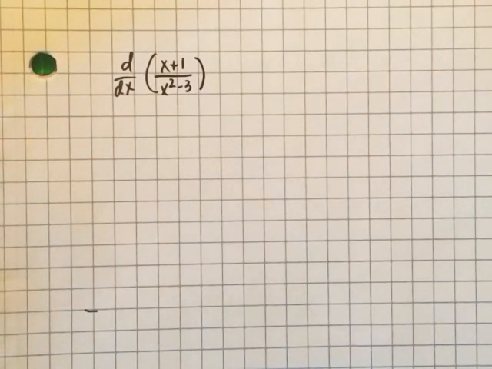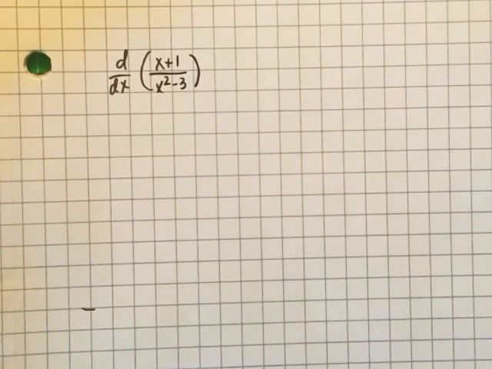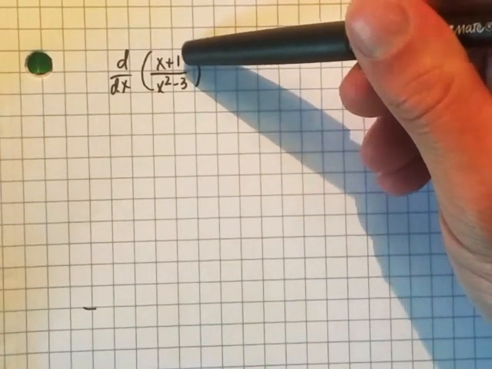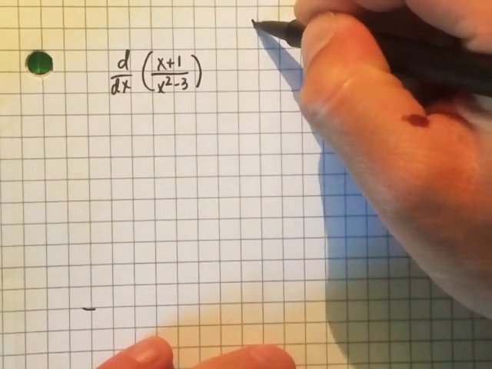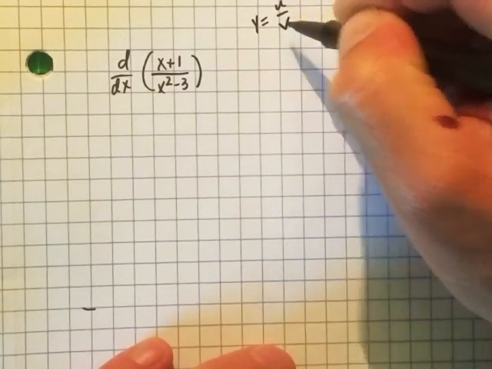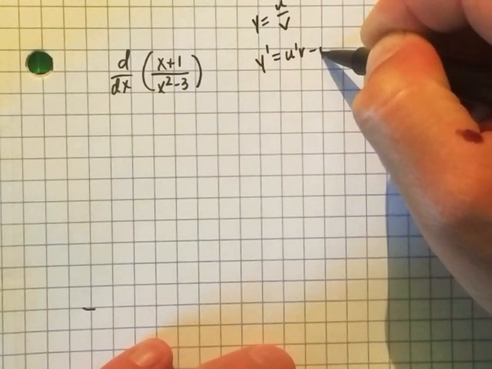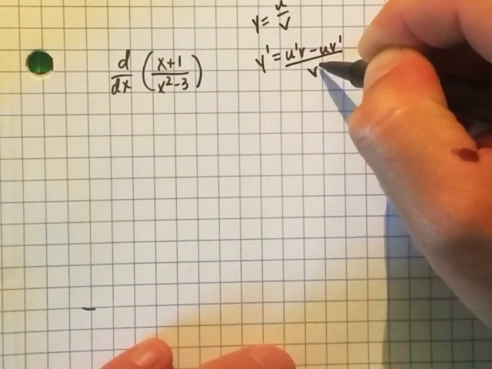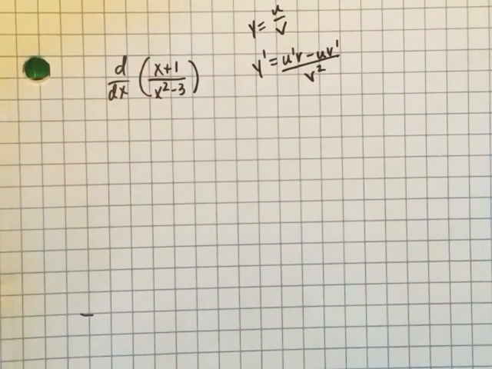Okay, this one is just taking the derivative of a rational function here. So this is going to be the quotient rule because we have a function on the top and the bottom of a fraction. So two things you could remember. When taking something like this, u over v, to find y prime, we would do u prime v minus u v prime all over v squared. That is our formula. Another way to do this is just annotate u and v